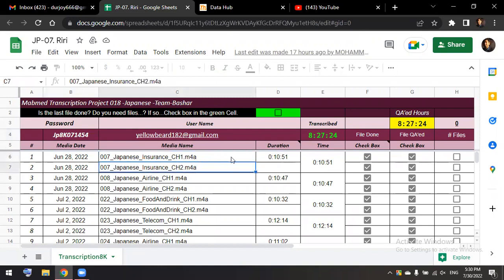Because this is 8K, we will send two audio files for the same duration. Like there is a channel CH1 and CH2, where the duration is 10 minutes. It doesn't mean that CH1 has 10 minutes of speech; it shows a 10-minute duration. But if I play the audio, I will see there is around 5 minutes of speech, and the rest is gap. If I go to CH2, you will find another 5 minutes of speech, and the remaining 5 minutes is blank, where there is no audio. So put together, you can say the duration is 10 minutes 51 seconds.